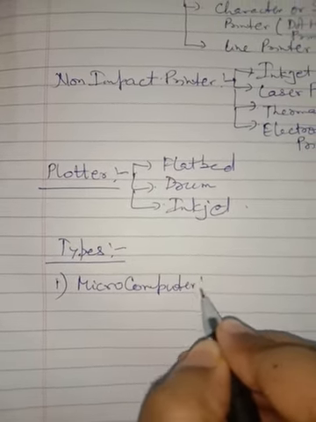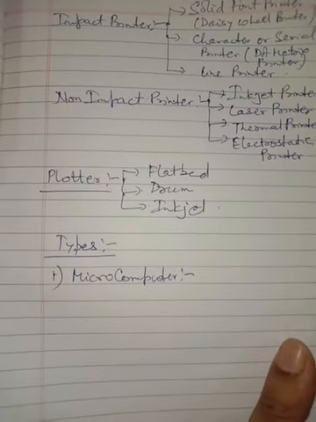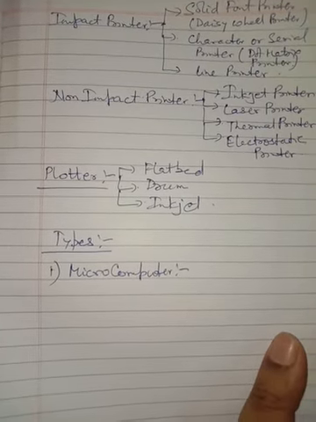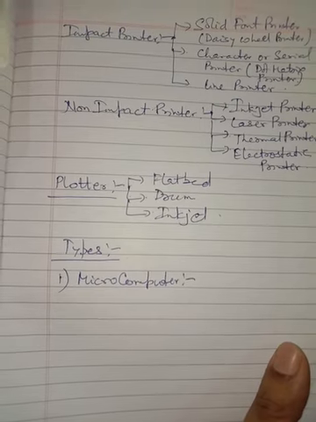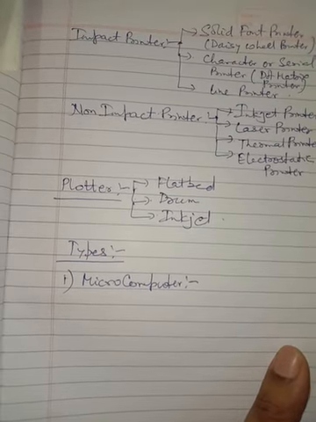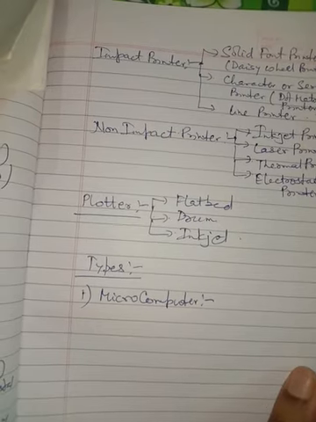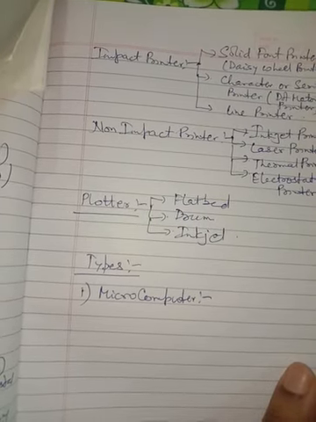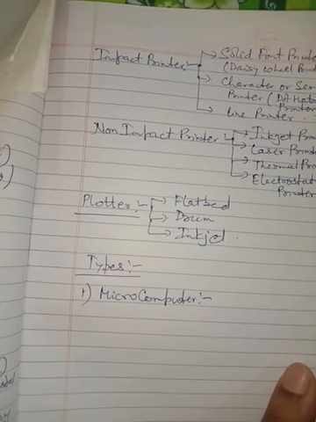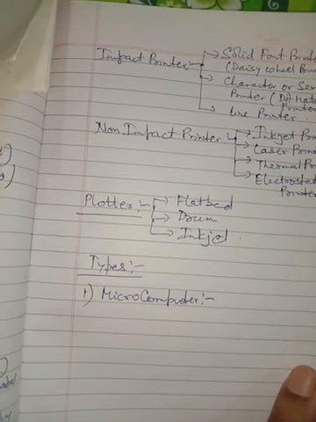So the first type of computer that we have is microcomputer. It is the most used computer. They are small in size. They are also known as PC. They are used in school, offices, shops, homes, etc. Examples are handheld computers like Palm Top, PDA, personal digital assistants, laptop, etc.